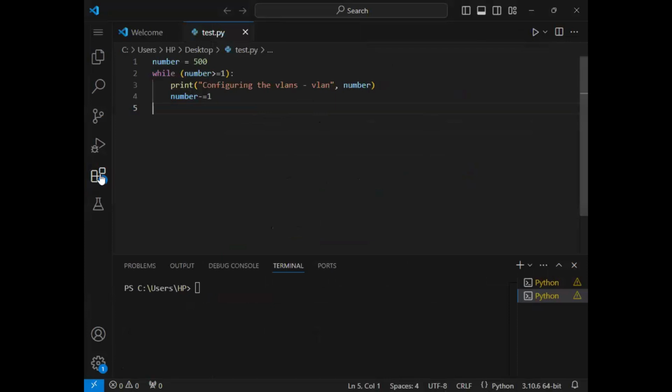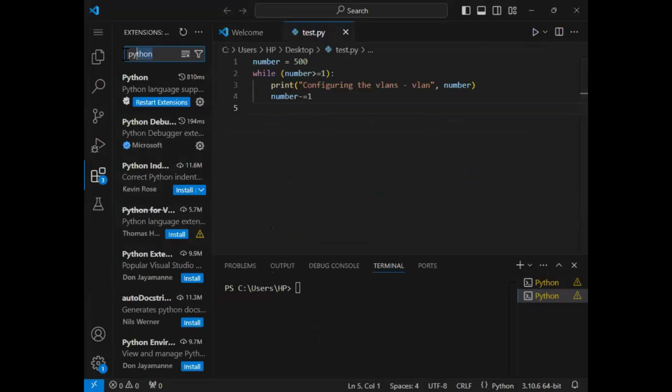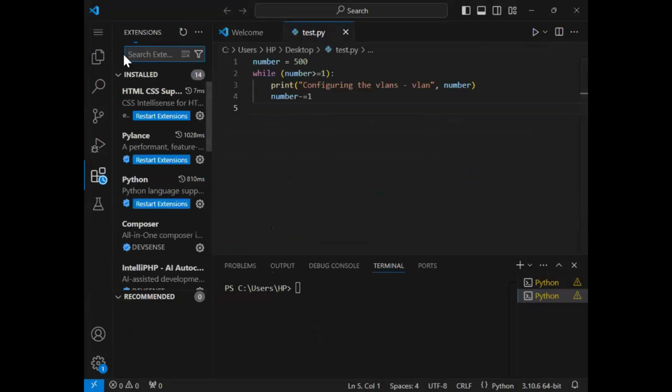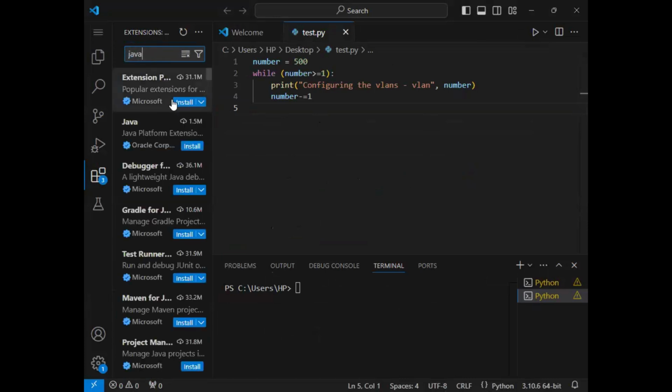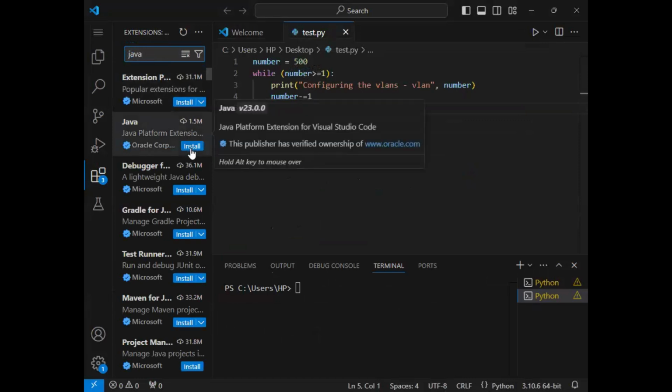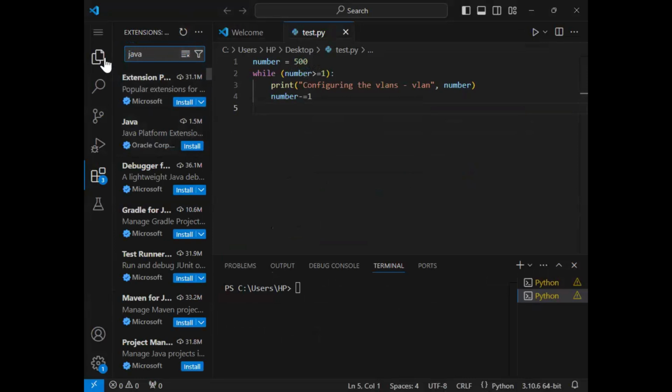Again, you need to just go to extensions. Under the extensions, you can search for anything. Like if I wanted to install Java, I will just write down Java, and you can see currently it is not installed. If I need to use it, I can just click install on my Microsoft Visual Studio Code.